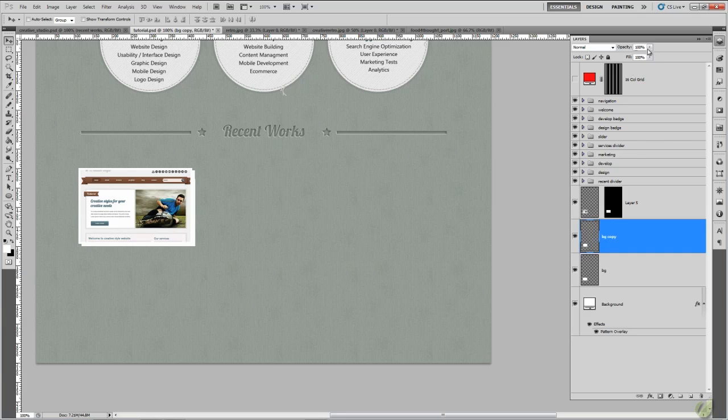Then we want to bring the opacity down to about 17%. Okay, that looks like it needs to come down a bit more. Okay, so easy enough. Lock this image, rename that in the layers palette. We'll call this border,